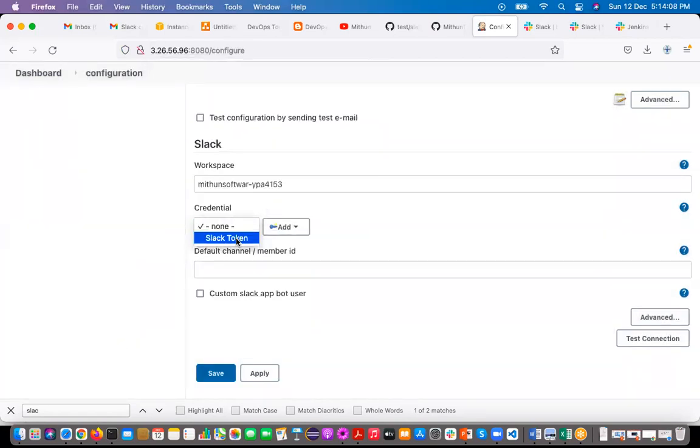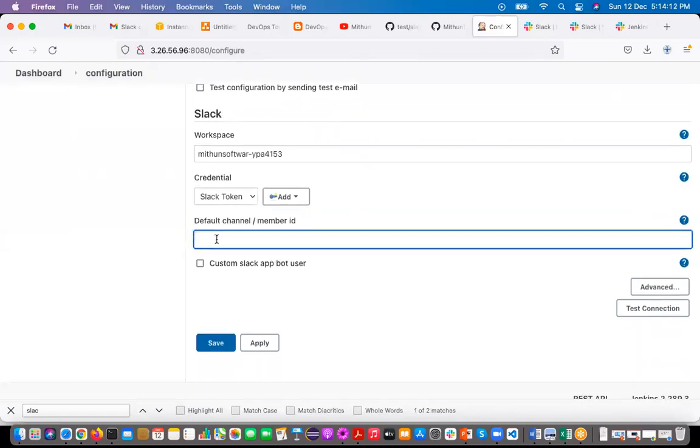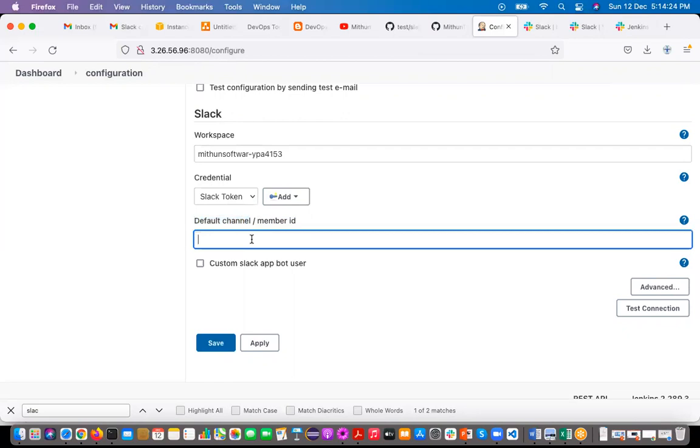So here select that one, Slack notification. So default channel name. So to which channel we need to send, or to whom we need to send here. See member ID or default channel. So I'm going to give that hash. So when you are giving that channel name, you have to use that hash build hyphen notifications.